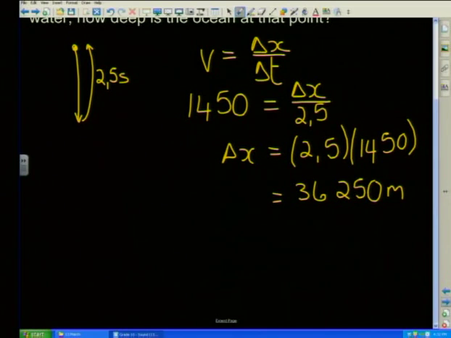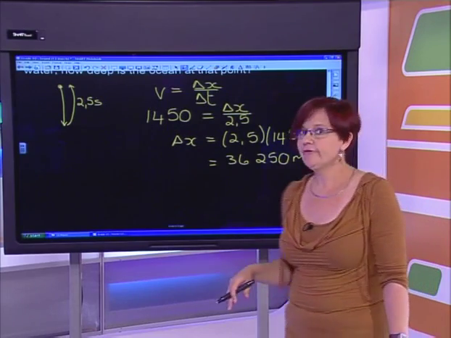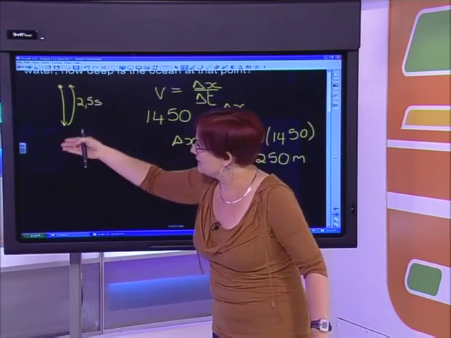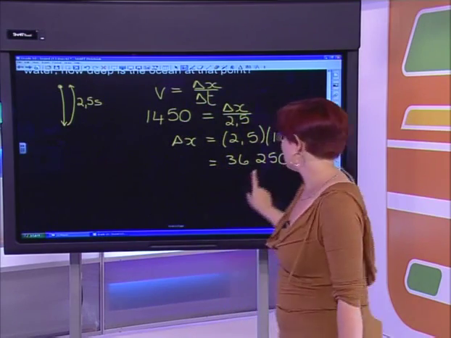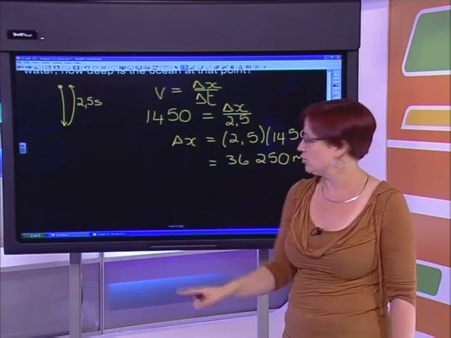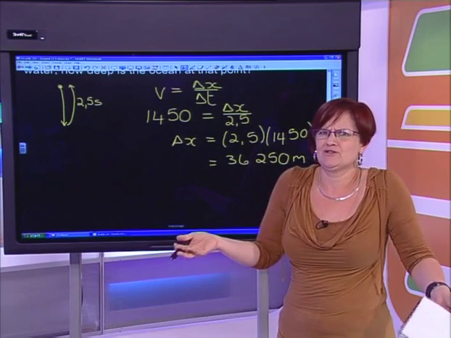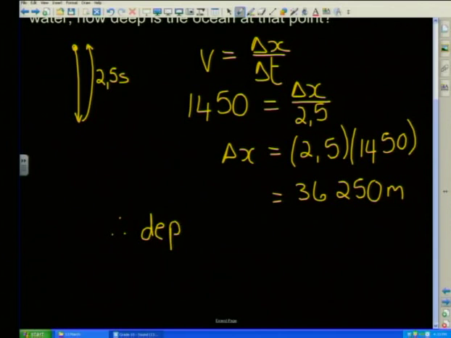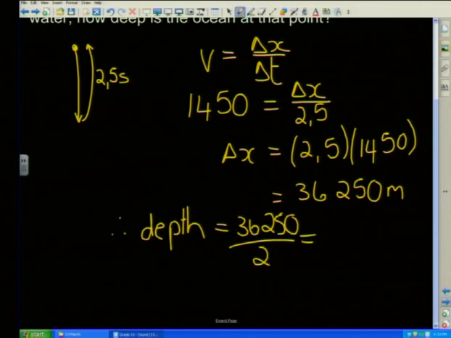Is that the depth of the ocean? And I'm hoping there's at least one of you screaming at the TV going, no, because this is the distance the sound traveled to go down and come back up. So it's gone the distance twice, which means I need to divide that by 2. Now be careful here. You can't just go equal and divide it by 2 and hope for the right answer, because why would you just suddenly divide by 2? So we go, therefore, the depth is going to be 36,250 divided by 2, and we get